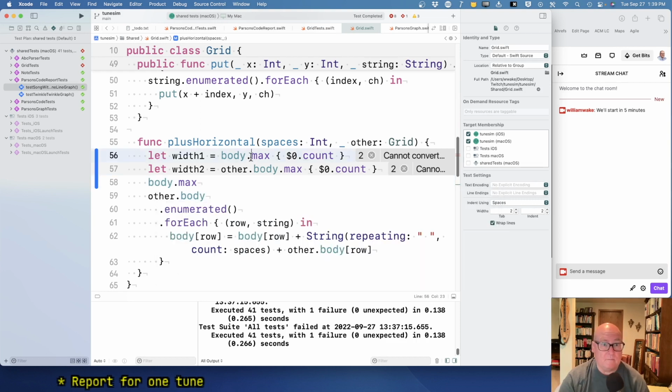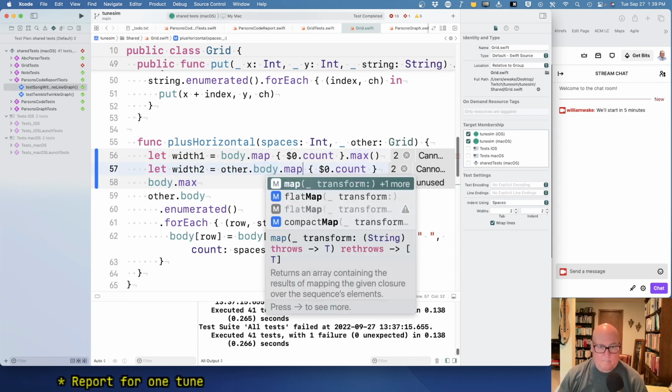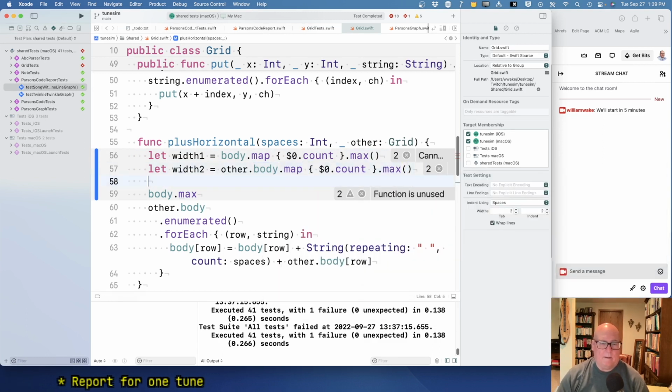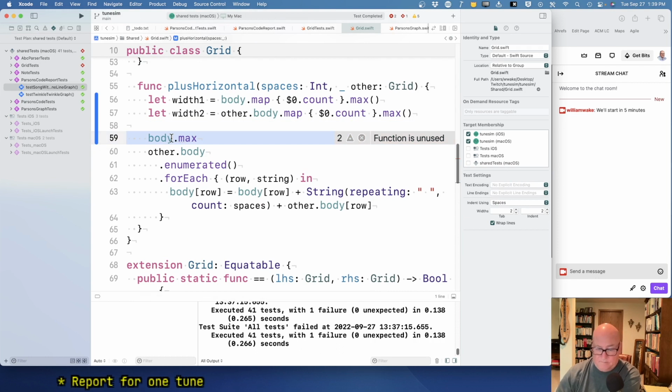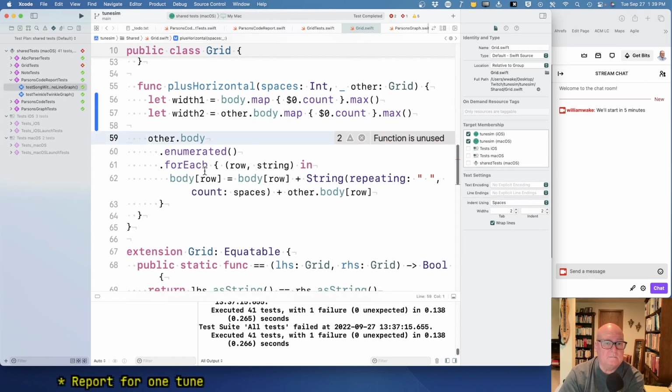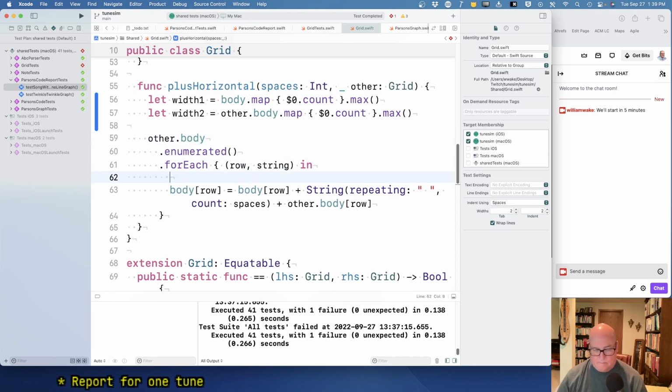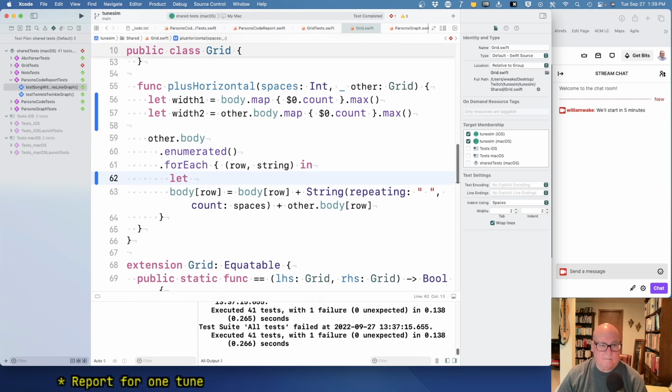Well, I guess we can map each line to its count dot max. Okay, so we got the 2 maximum widths. We're going to take the full row, which is body sub row